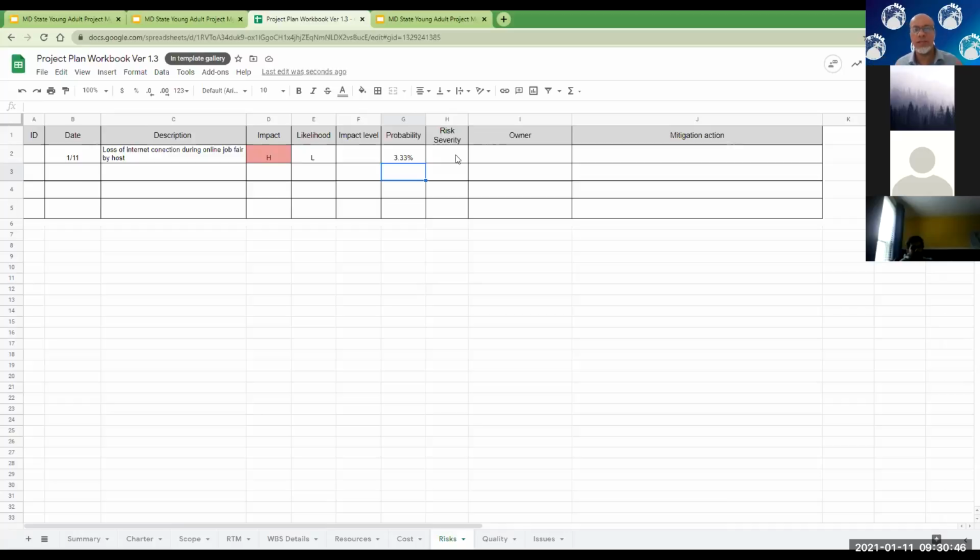You just click your mouse again, refresh, join Zoom again, and people are back there. But if it's off for 6 hours and your job fair is 2 hours, you're done, right? Your event is canceled. So depending on historical occurrence, the impact level could be high.